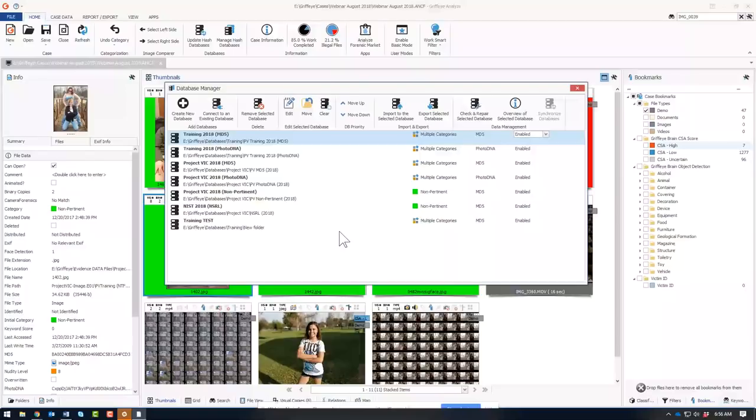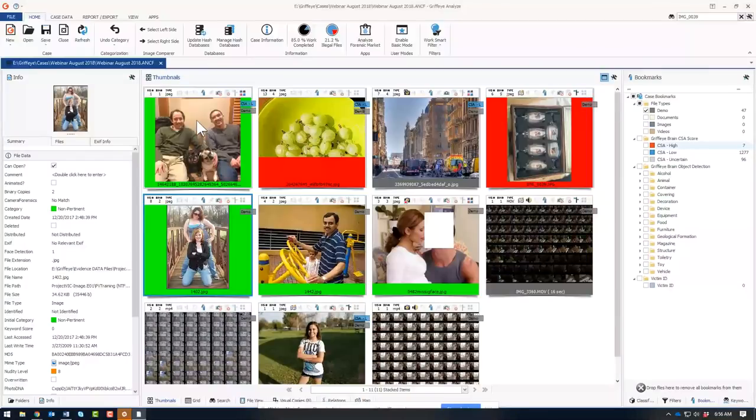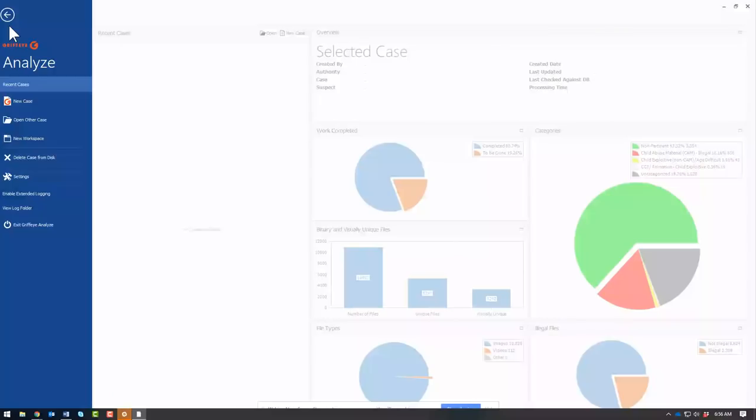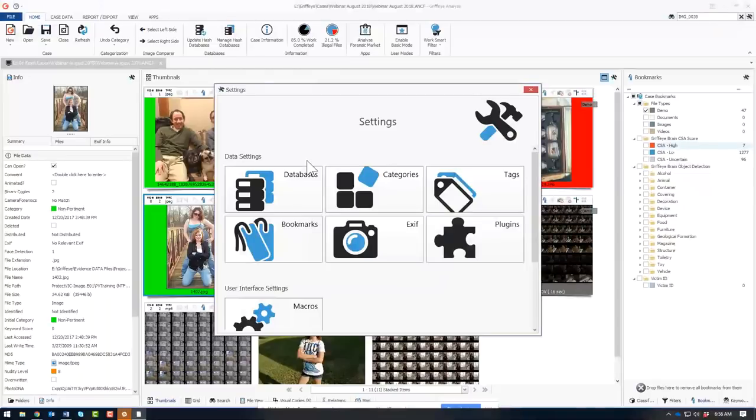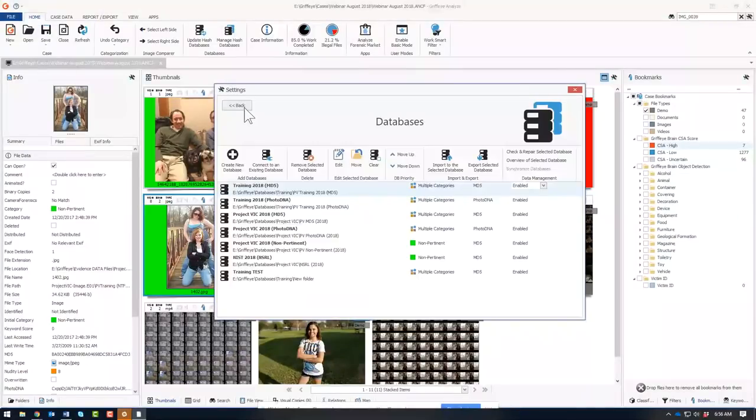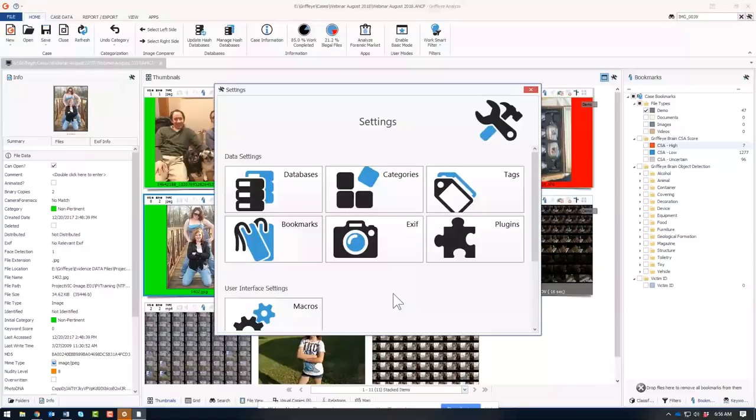Someone asked how the majority of people host their databases. We currently have ours hosted on a Windows share, but it's better to put it on its own server with SSDs. Our database currently has 142 million hashes. If you guys want to throw in the chat box, where do you keep it? We teach people, if you're in a small environment with several computers, or a lab environment, you can point your databases to a shared drive. That way other people can access and connect to them at the same time.